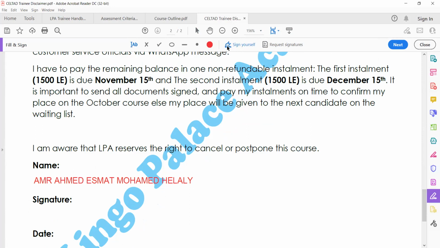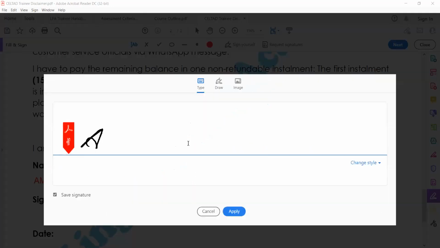And it will be so close to the pen tab. Just click on it, and you can add your signature. Add signature. So if I want to add my signature, I will write Asmat. It's my signature. And by the way, you can choose any